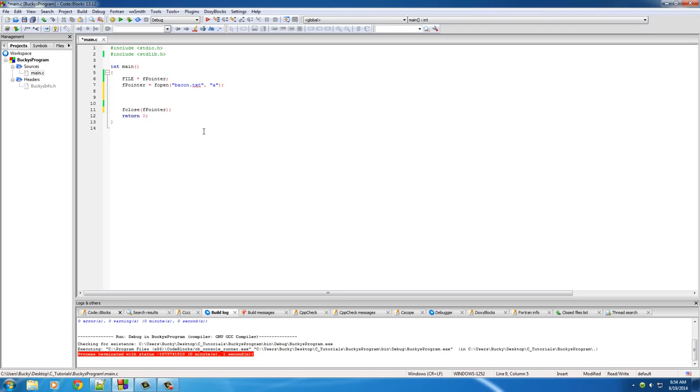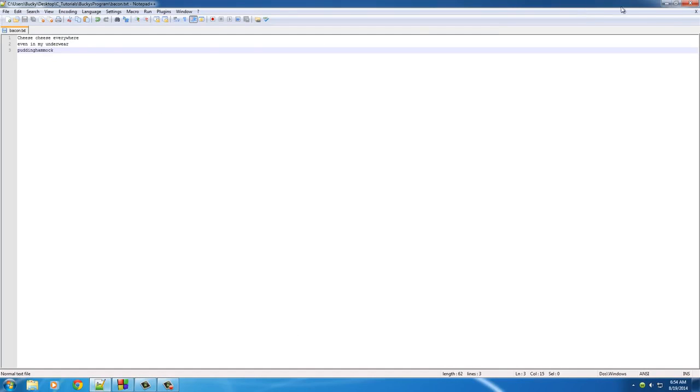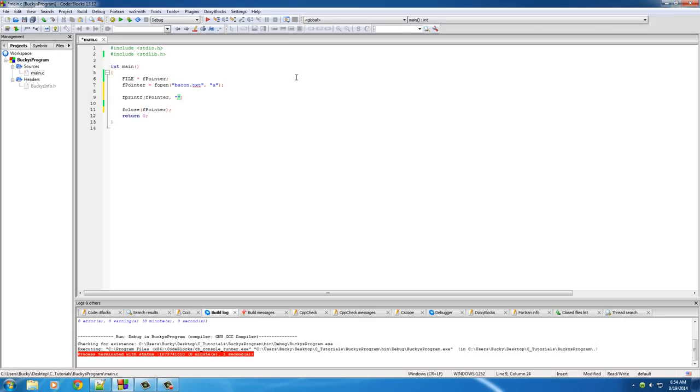Now to print stuff out, fprintf, which pretty much means file print to it, and it takes two parameters. The first one is the file pointer, and the second one is what text you want to print. Well, remember, my file pointer is on line 3 at the end of it, and I want to kick it on to a new line, and then I'm just going to put